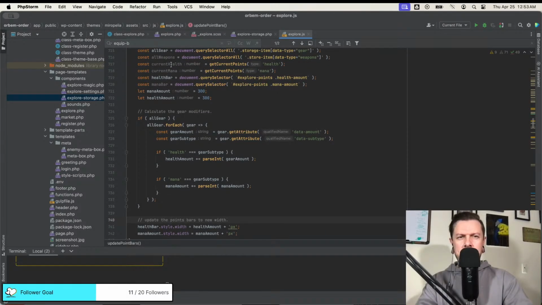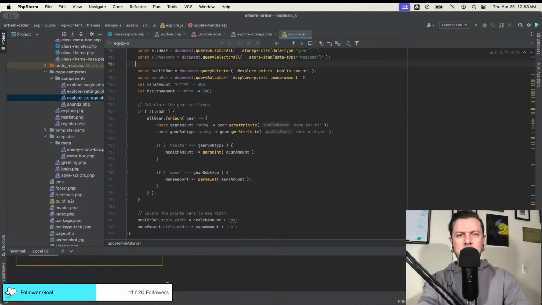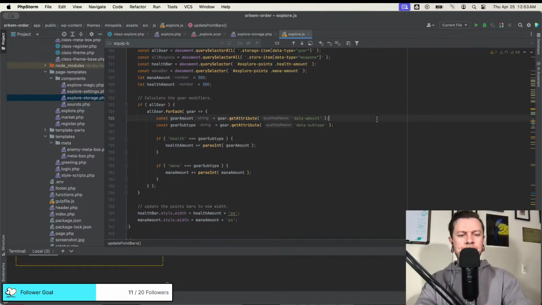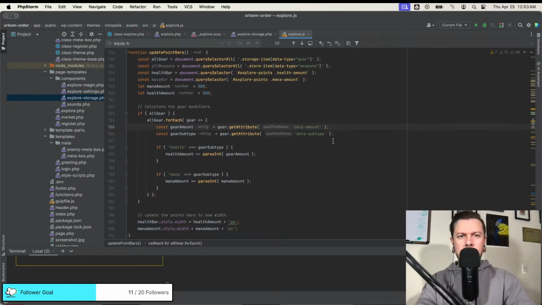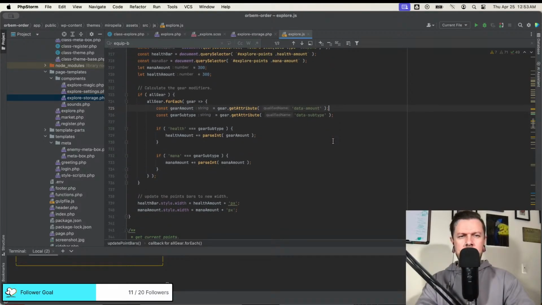Yeah, see, I don't need the current points now that I think about it. All I'm doing is updating the width, which we know starts at 300. Okay. Mana bar, health bar. Okay, cool. Oh, whoops. Mana bar. That's what I was supposed to do, not mana amount. Okay, cool.